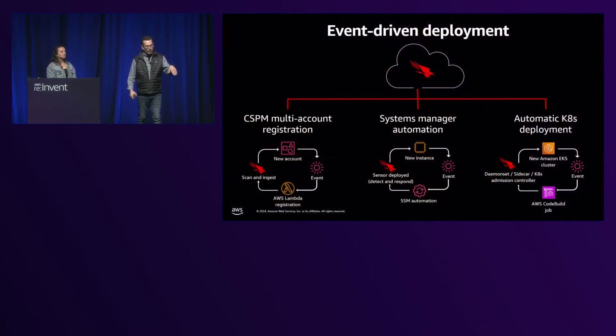Now, pivoting a little bit, again, in the cloud, you're building your infrastructure with infrastructure as code. You have auto-scaling capabilities. You are dynamically deploying new resources in response to increased volume and utilization, scaling back in when that subsides. So if all this is happening programmatically, are you sure that your security controls are being uniformly